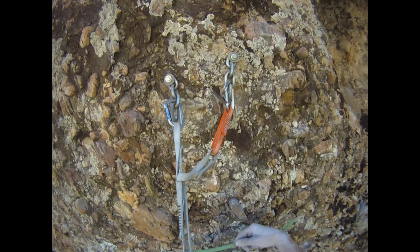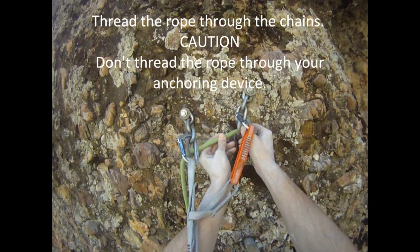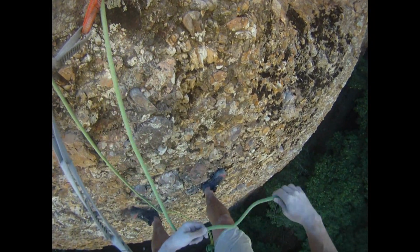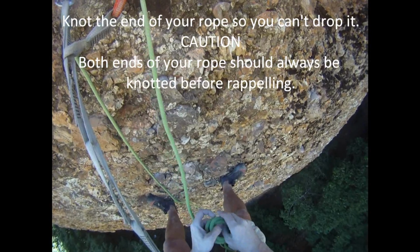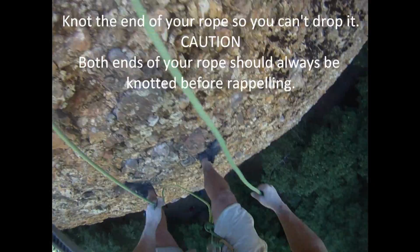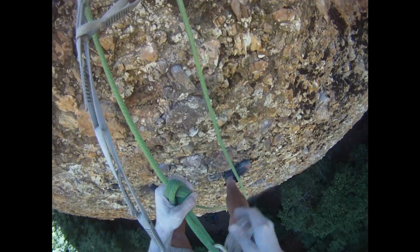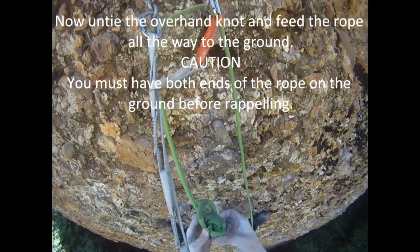And then what I'm going to do is thread this directly through the bottom link in the chains. Once I get it through the bottom link in the chains, I'm going to tie a stopper knot at the bottom. This again will make sure that I can't possibly lose this rope after I untie that overhand on a bite that I just made. Okay, so now I'm going to unclip that, untie this,